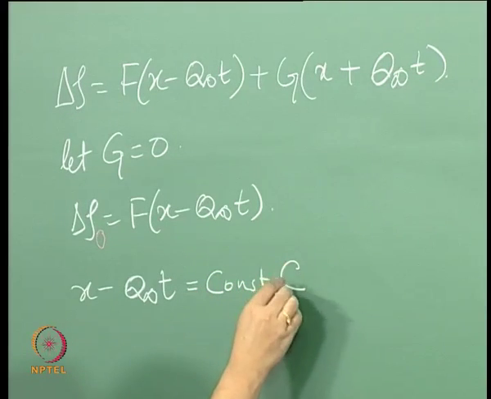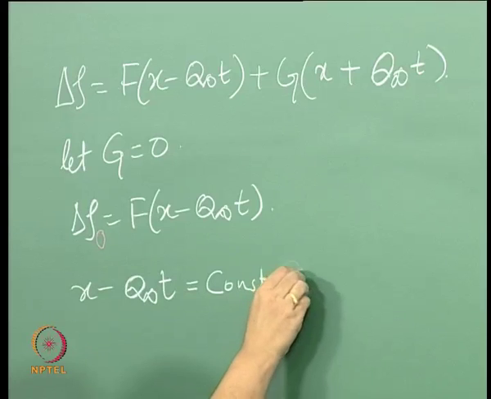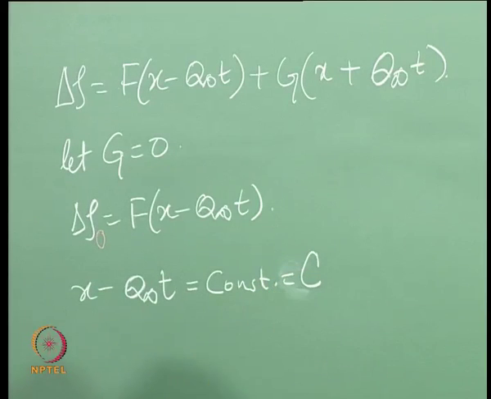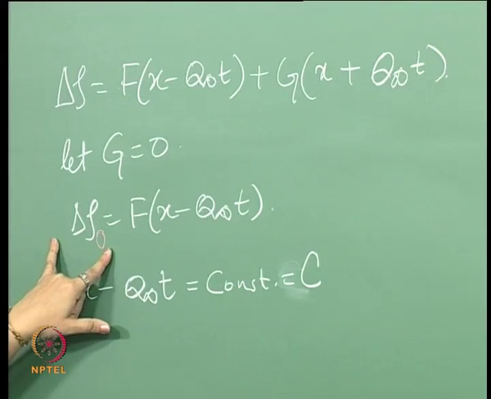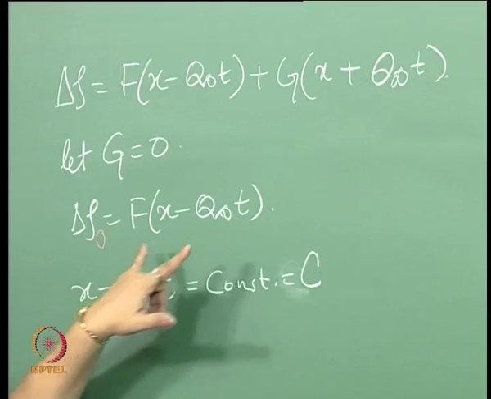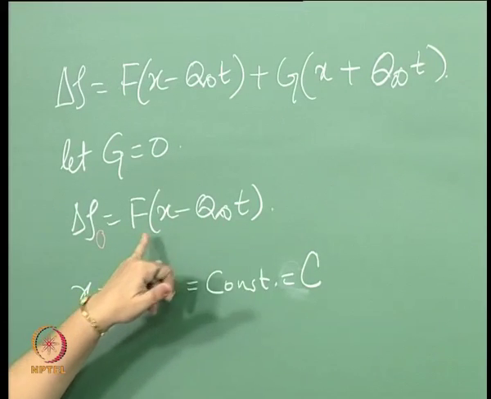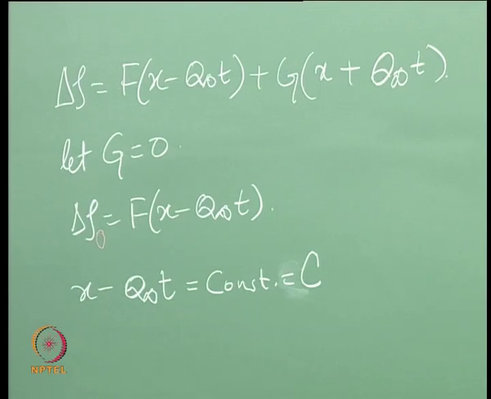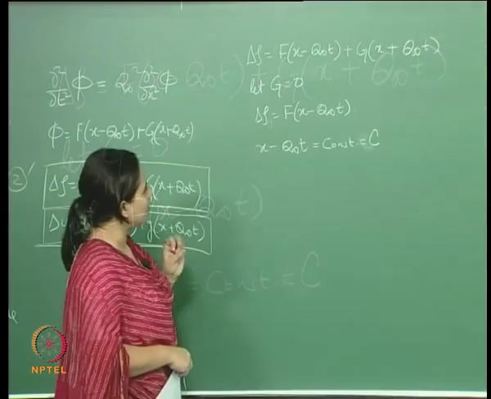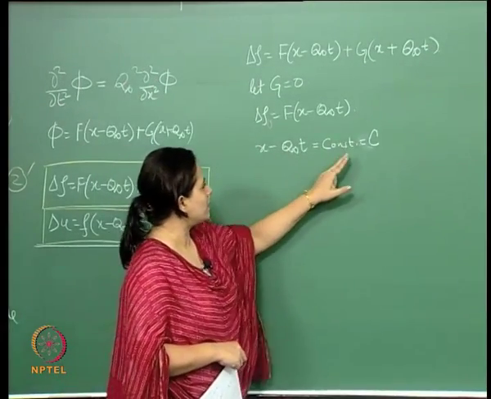Let us call that C. So, essentially delta rho is a constant. In that case, this is an arbitrary function, so this also becomes constant. Let us call that C. Now, what we see from here is that if you look at this